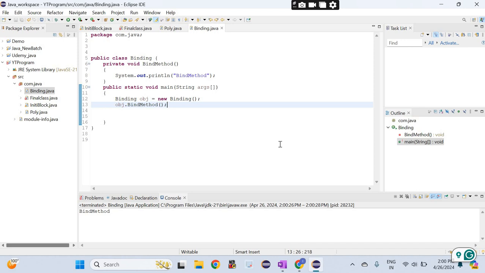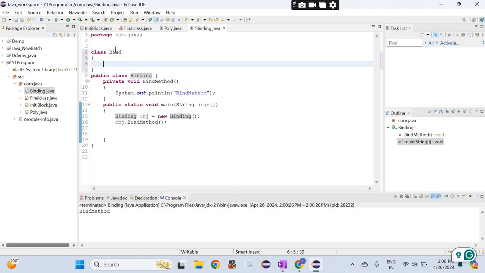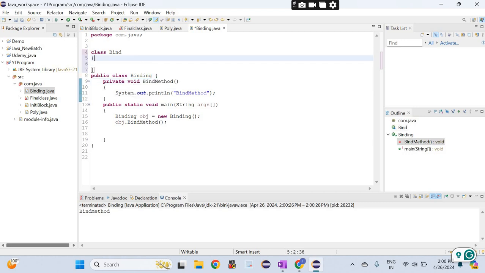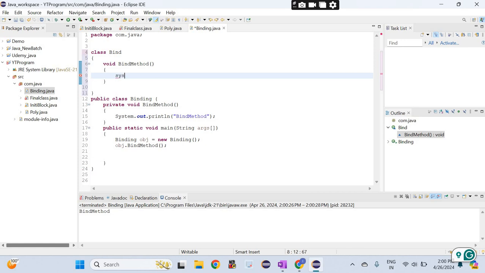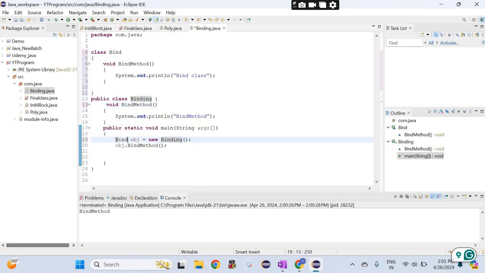Now we will talk about the dynamic one. Dynamic binding is the upcasting concept. Here I will use a new class, suppose the Bind class. Inside this Bind class I have the same method but not private. I use a Bind reference variable of the parent class and the object of the child class.